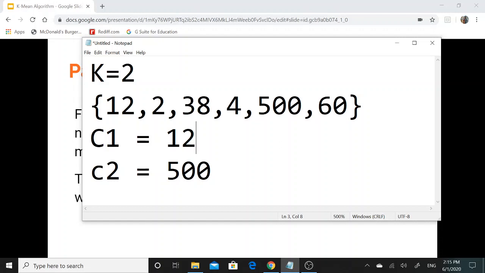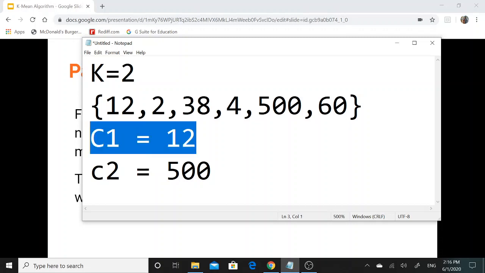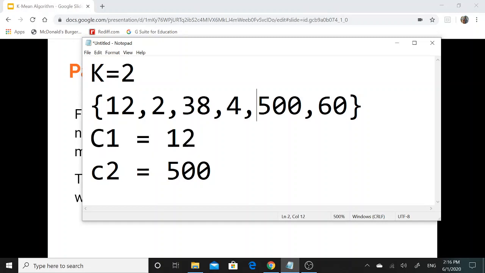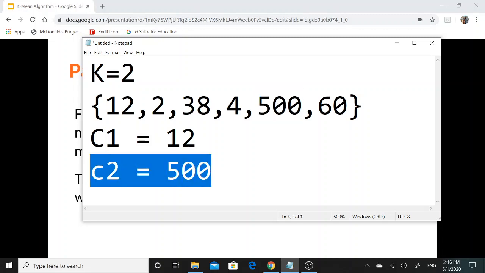Then 38 is also nearer to 12 than 500. 4 is also nearer to 12 than 500. So all those data which are near to 12, I will arrange into one cluster, considered as cluster 1, and those data which come near to 500, I will arrange into a different cluster, and that cluster could be considered as cluster 2.